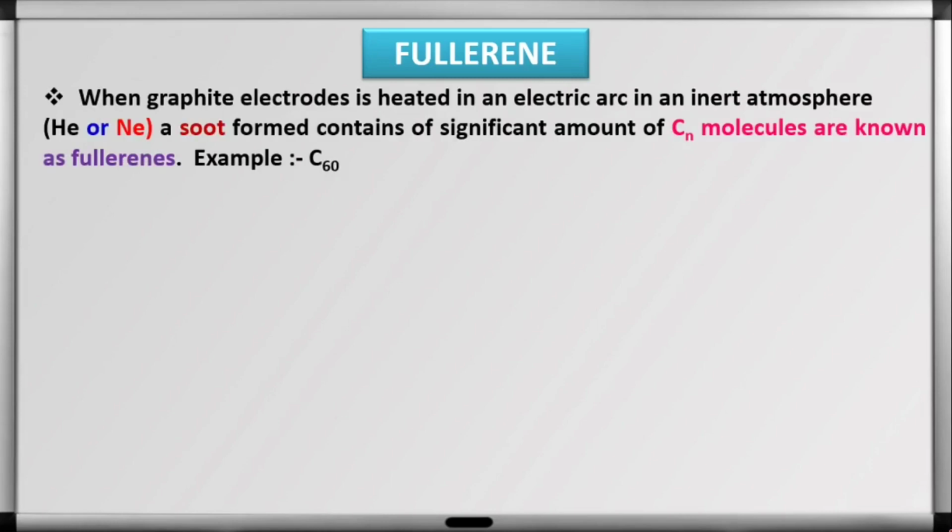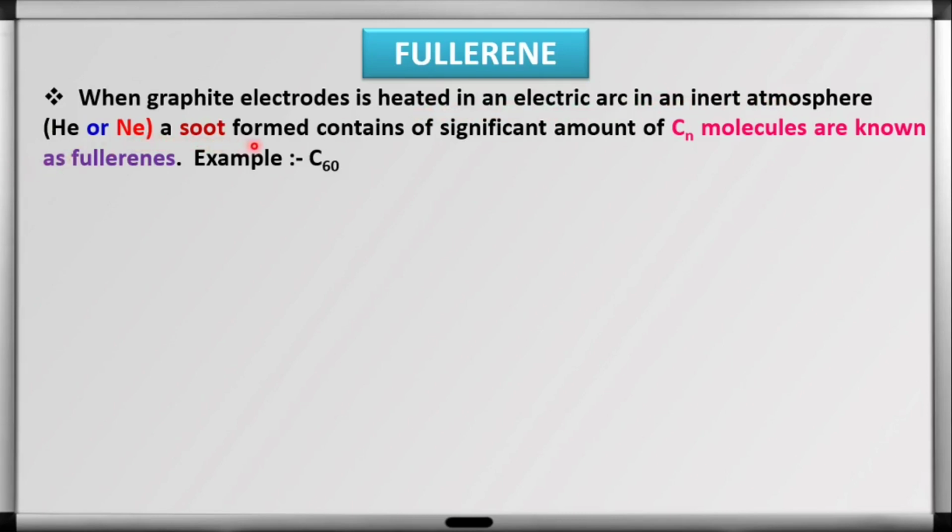Now in the fullerene, see here, fullerene आत्ताच आपण बघितलं लास्ट पॉइंट मध्ये युजेस ऑफ ग्राफाइट मध्ये. ग्राफाइट इज ऑल्सो यूज ॲज अ इलेक्ट्रोड्स म्हणून सुद्धा त्याचा यूज होतो, आणि इथेच आपण त्याचा यूज बघणार आहोत. बघा या ठिकाणी, see here, the graphite electrode is heated. जर ग्राफाइट इलेक्ट्रोड आपण हिटेड केले in electric arc in inert atmosphere of helium or neon,